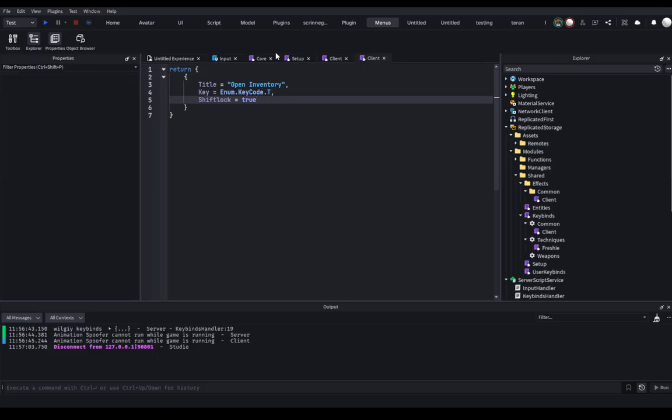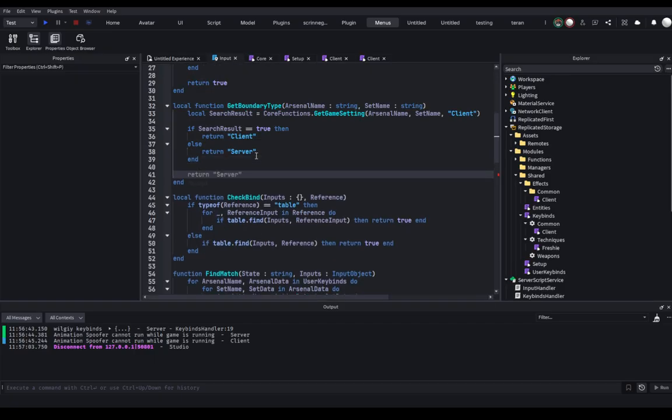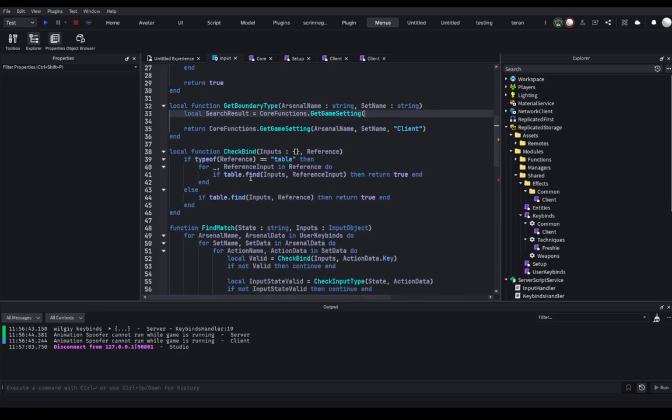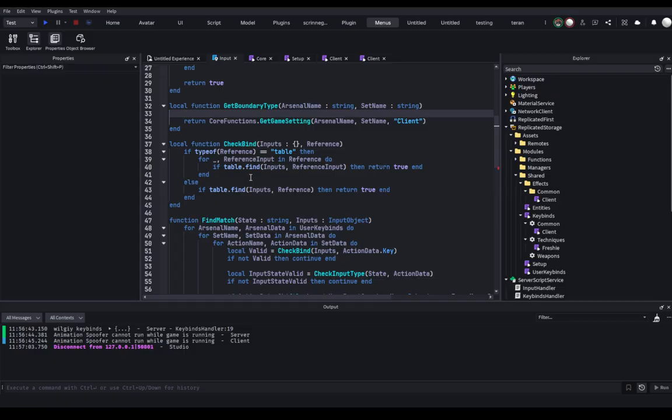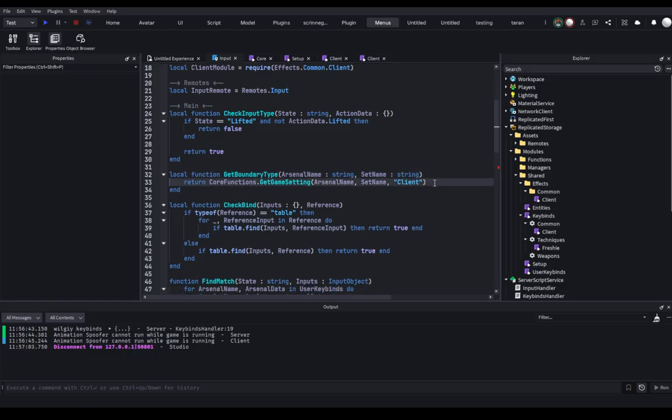But to have the same logic here, what you can do is you can do core functions. We already know that this function right here is going to return either true or false, right? So it's either going to find the setting or it's not going to find the setting. Those are the two definite possibilities. And so you can do return. So this is going to return true or false, right? Just remove everything else. So this is going to return true or false, right? But the thing is, we're trying to return client or true, right? So what you can do is, if this returns true,